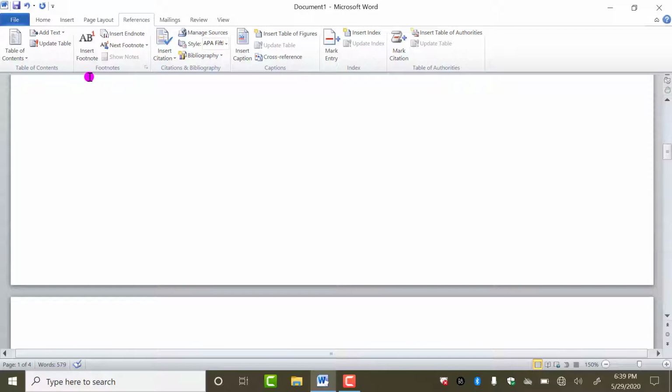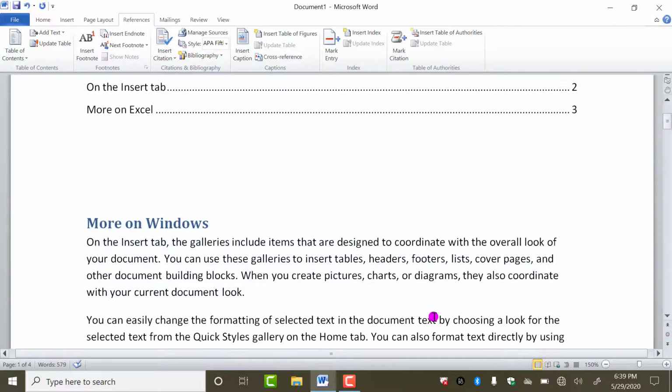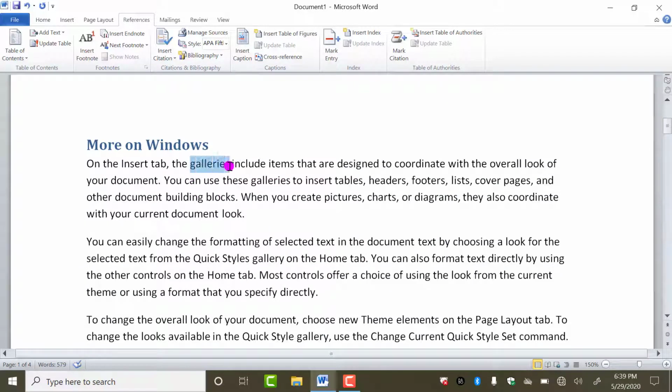So first of all, what is the use of these 2? Look, they will help you to create a reference. Reference means, suppose I talk about this word galleries, what is the meaning of this word galleries? If you talk about your mobile, gallery contains all your data, movies, photos, whatever you have. If you talk about the home, gallery means the porch, the area where we used to stand. Third one is art galleries. So it has different meanings. Same here, plenty of words are there that have different meanings.